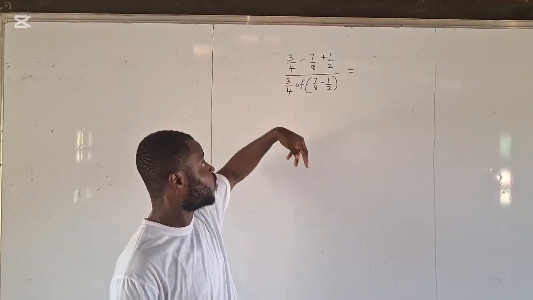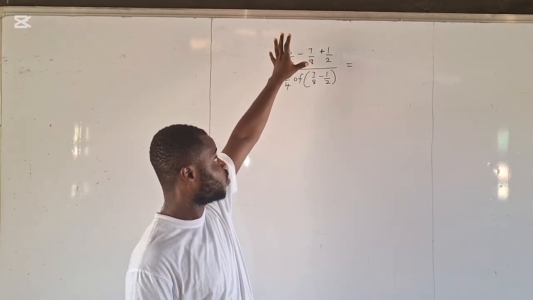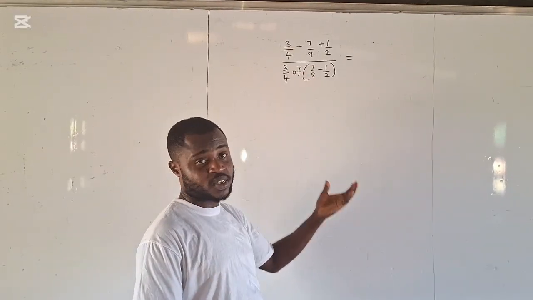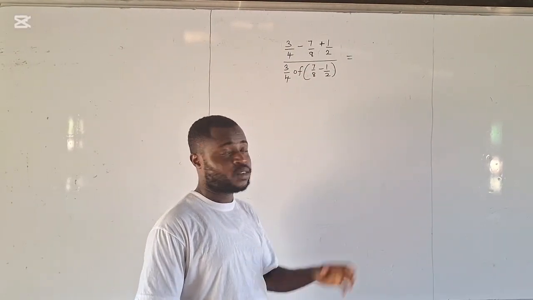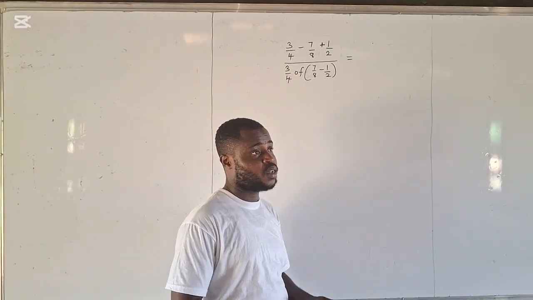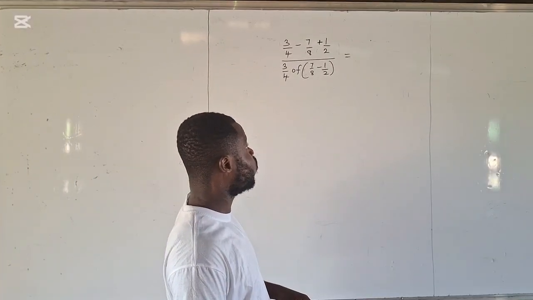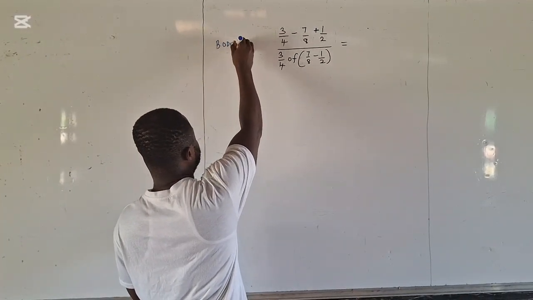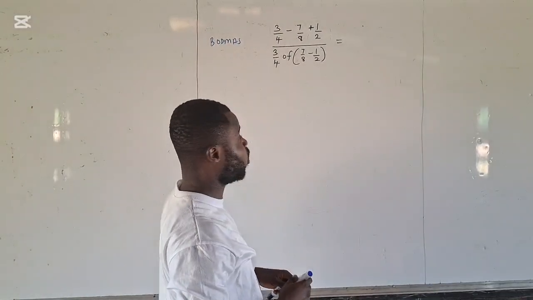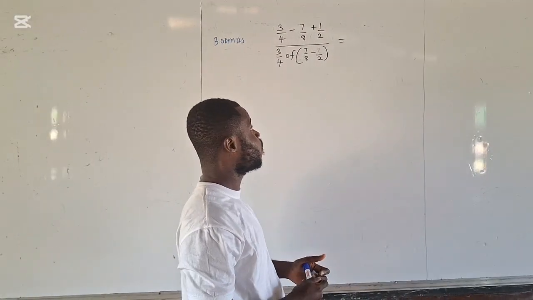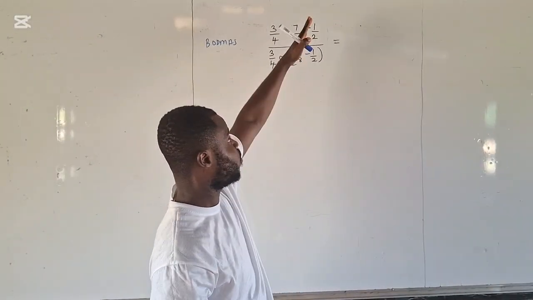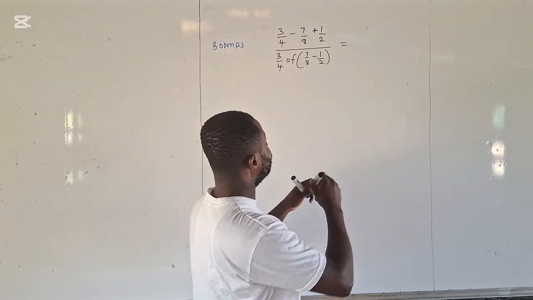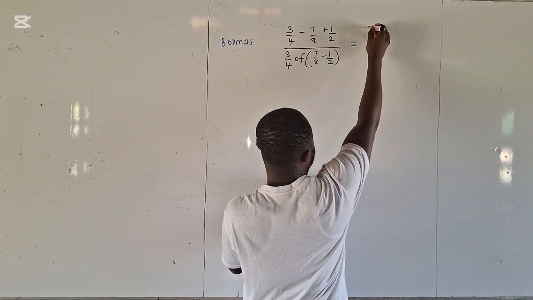Now this is two different fractions, one has a numerator and one has a denominator. And you've seen in the question that there's no exponent inside. So this one we use the Bodmas principle to solve. And I've told you always write the acronym Bodmas to guide you. So the top one doesn't have any brackets. So we solve the top one all over the down one. So we find the LCM